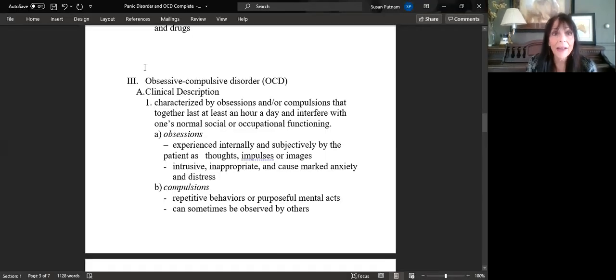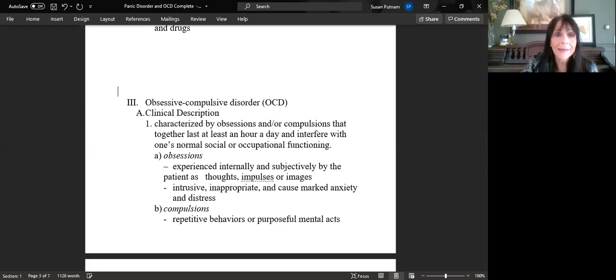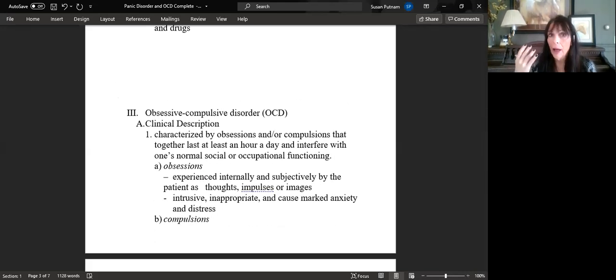Now, as you know by now, I don't deal with the DSM-5 number associated with a disorder. That is for a different class. With me, for this class, what I'm interested in is going through detailing symptoms and then ultimately describing from a biological standpoint what is contributing to the symptomology. So let's start with the clinical description.